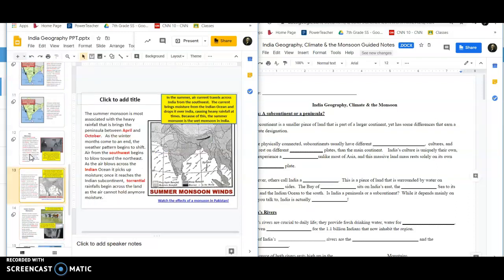notes. On page 13, there is a video you can click on to watch how the monsoons impact India, to give you an idea of what it's like for people in India. The monsoons are not an ancient thing. They still exist today. India relies on these monsoons. They need these monsoons so that they can survive and grow their crops, so they can be a successful civilization